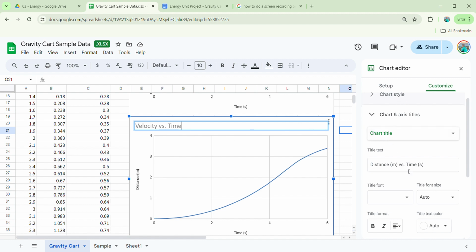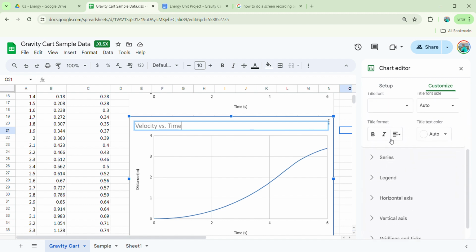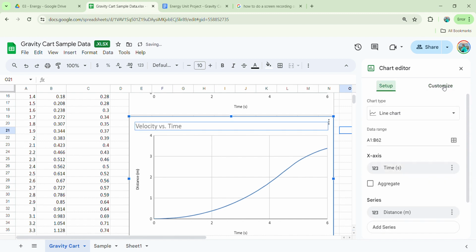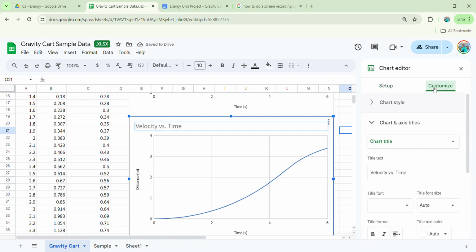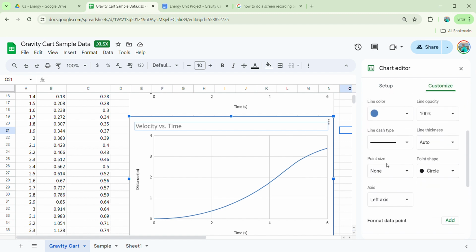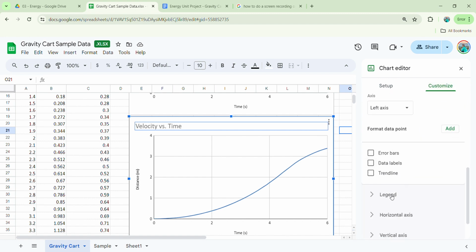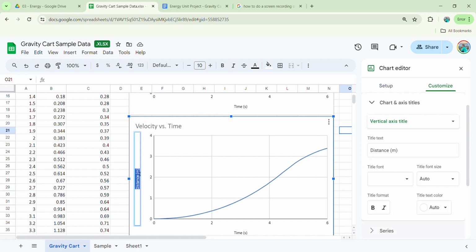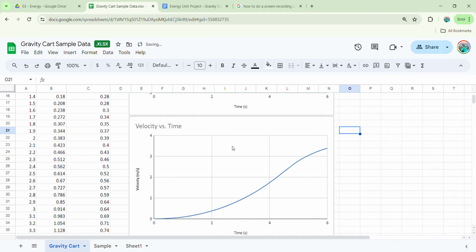And then over here, in Chart Editor, under Customize, actually, you can just do it right in here. Just click on that title or that axis label and go velocity in meters per second. All right, so now I've changed my title, I've changed my axis label,